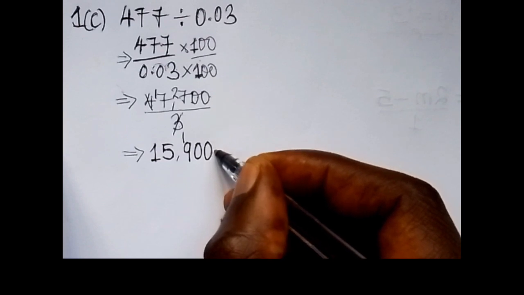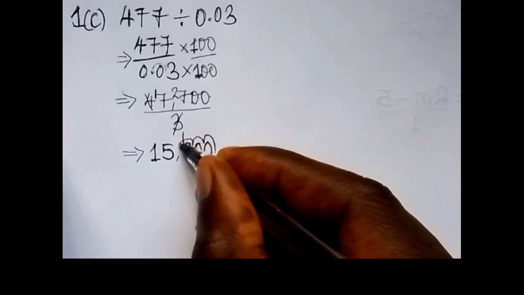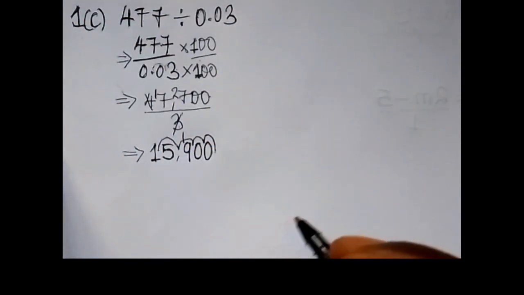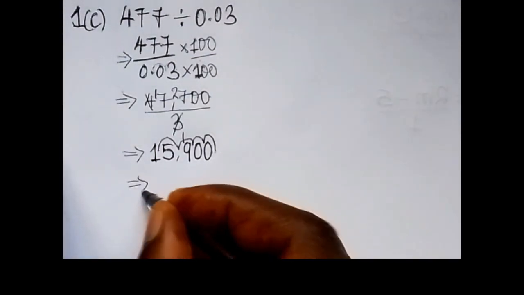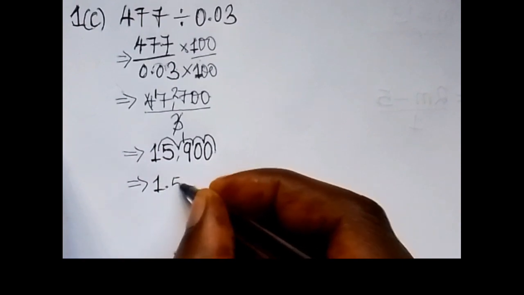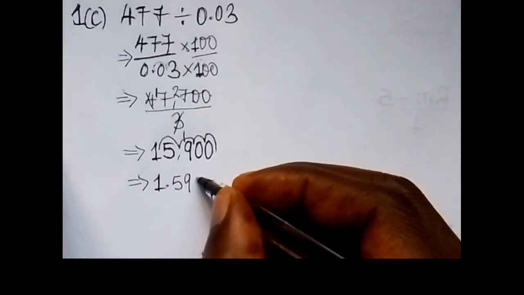So this means that we're going to introduce a decimal that is going to move 1, 2, 3, 4 steps from the right, so to the left. So meaning that the next stage is going to have 1.59. We can write the zeros, it's okay, there's no harm in writing the zeros,